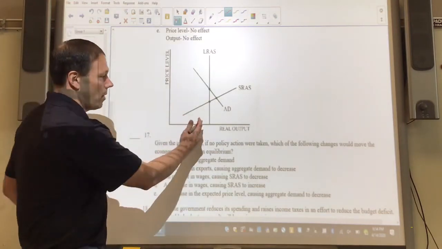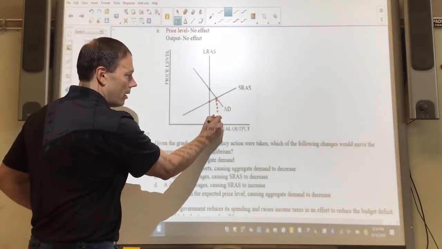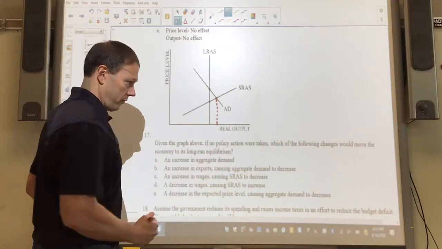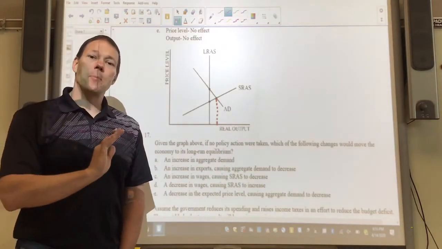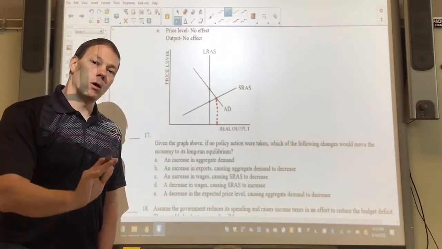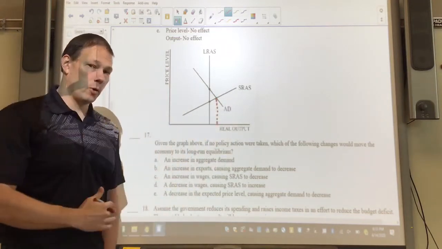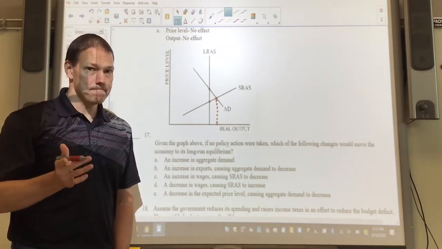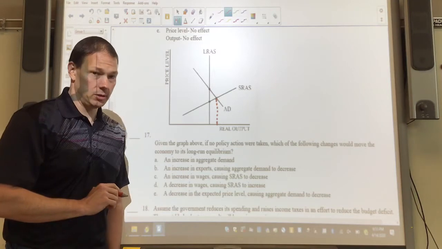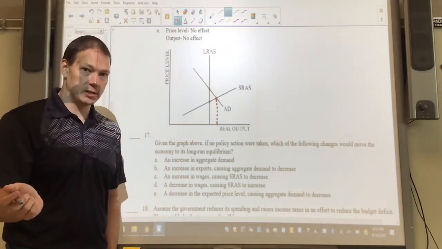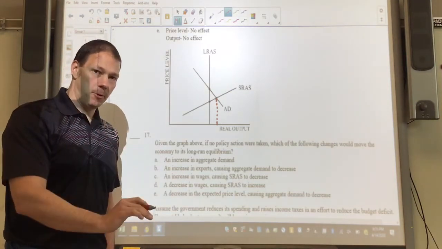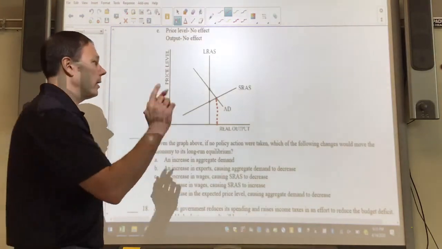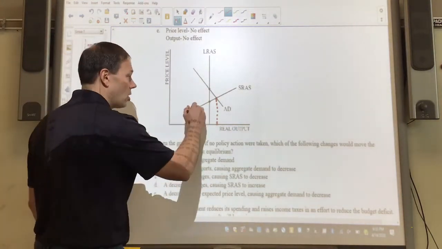Okay, so in other words, remember, here's full employment, and right now we are operating beyond full employment. What's going to happen in the long run? In the long run, workers are working like crazy. They're going to expect what? That's right, higher wages. As they expect higher wages, businesses hire fewer people. As they hire fewer people, it causes the SRAS to